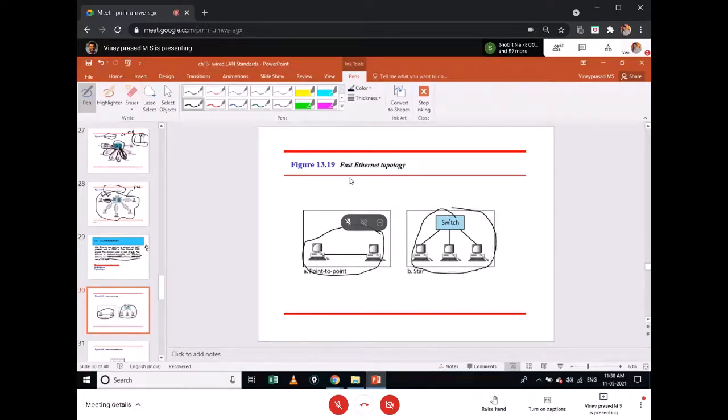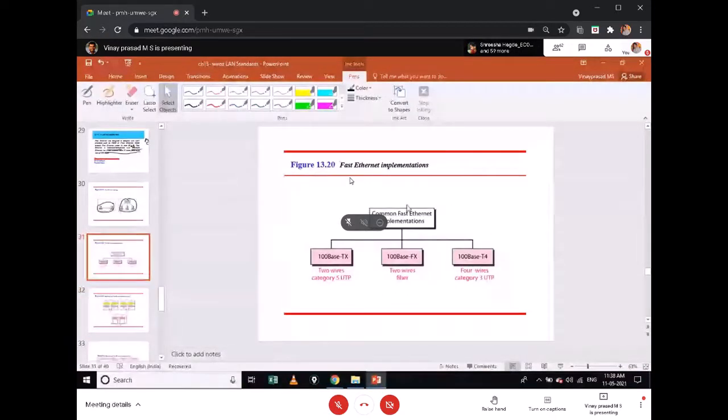Okay, and there will be a set of common implementations here in Fast Ethernet. In Fast Ethernet, three implementations were made: 100BASE-TX, 100BASE-FX, and 100BASE-T4. And you know what this notation says. 100 is 100 Mbps baseband signaling, and 2 wires of UTP, where here 4 wires of UTP and 2 wires of fiber. Okay, so these are the three interface types that the implementation may consist of.